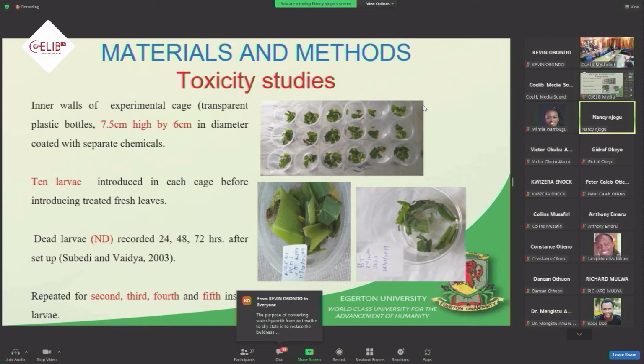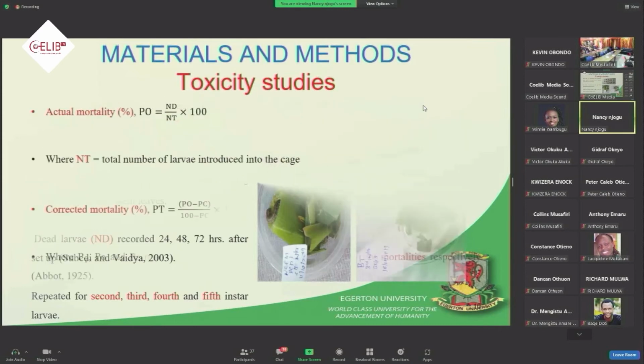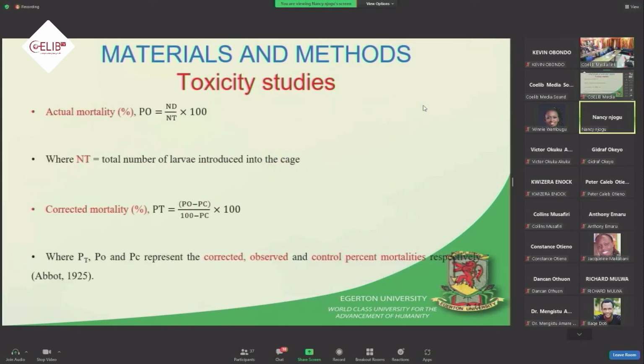Since mortality is what I was looking at, I counted dead larvae after 24, 48, and 72 hours after this setup. This was repeated for the 2nd, 3rd, 4th, and 5th instar larvae. I got the actual mortality by taking the dead larvae over the total number, that is 10. In order to correct for larvae which can die because of natural causes, I did the corrected mortality as per Abbott 1925, by subtracting the mortality of the control,